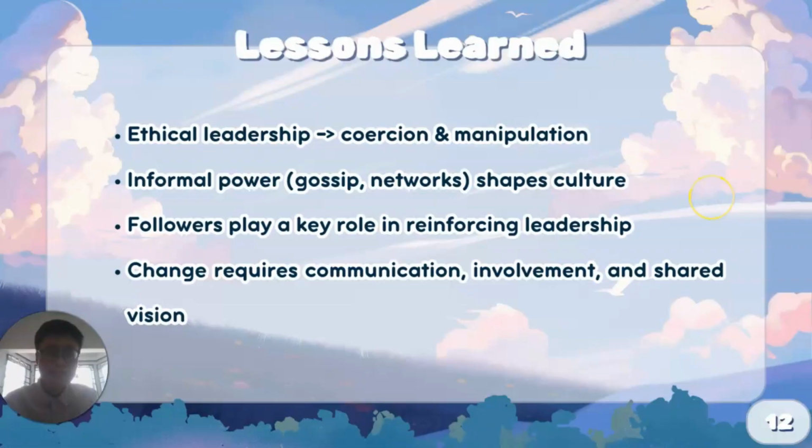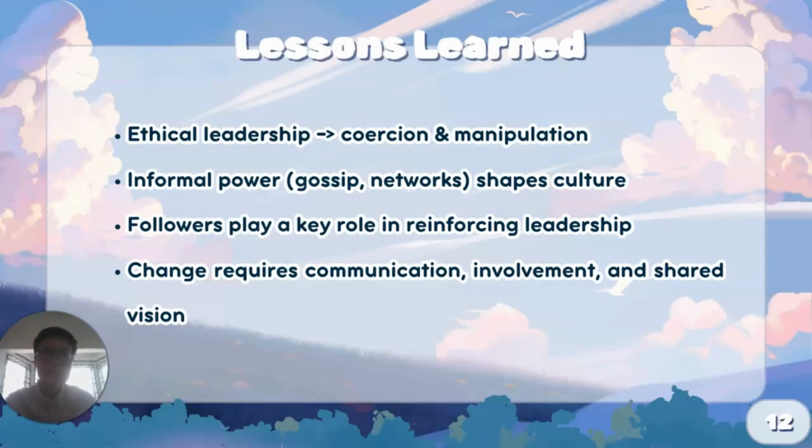For our analysis of Mean Girls, we identify four key lessons learned. Firstly, ethical leadership. Regina's conniving and manipulative style shows how unethical leadership can create a toxic culture. Her dominance led to short-term control but long-term dysfunction.